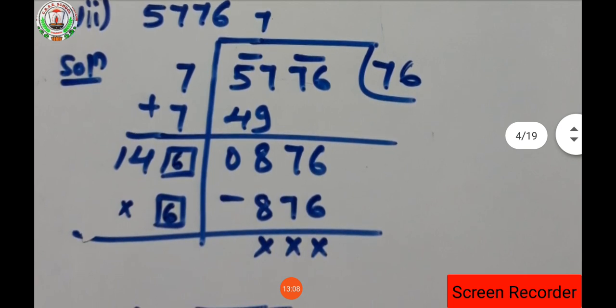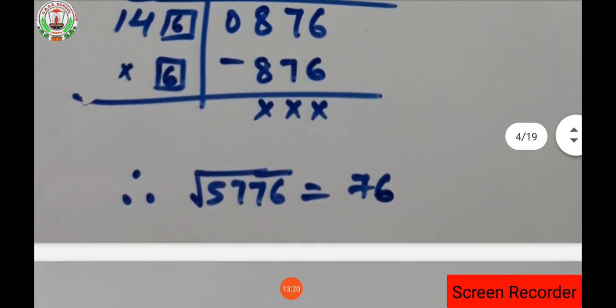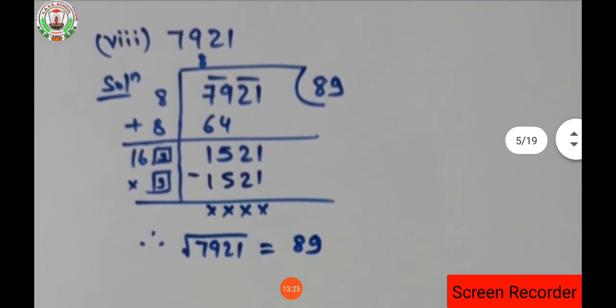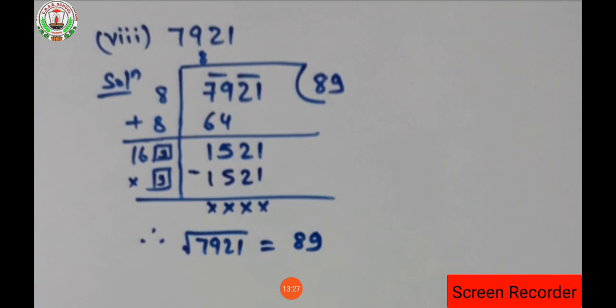5776 is there, making the pairs from the right hand side, two pairs. Then we have to think of numbers. Okay, so what will be the square root of 5776? It is 76 itself. Clear everyone? So hope you people are understanding the question. It's a very simple one. Once you have practice, it will be more clear.